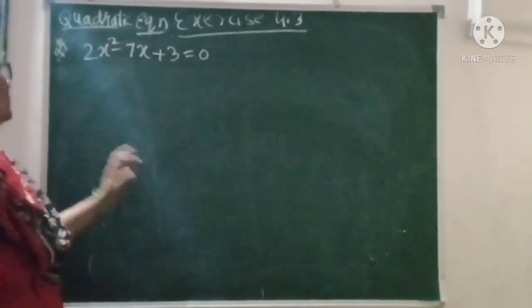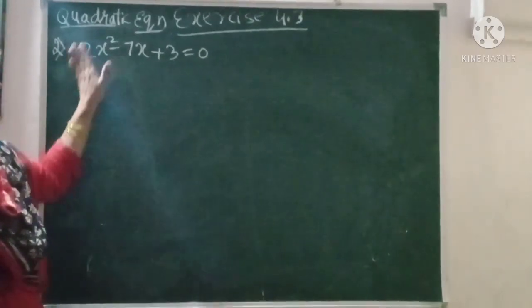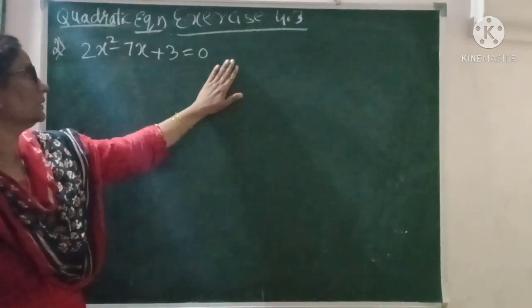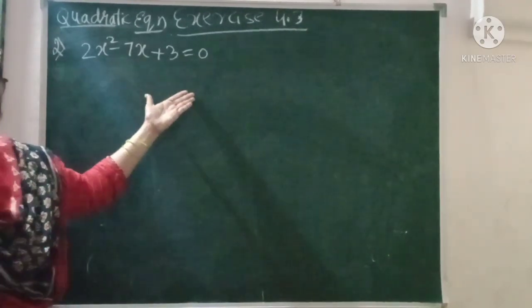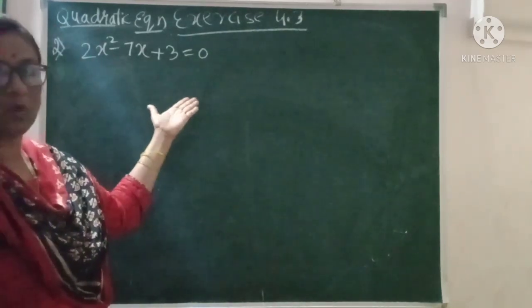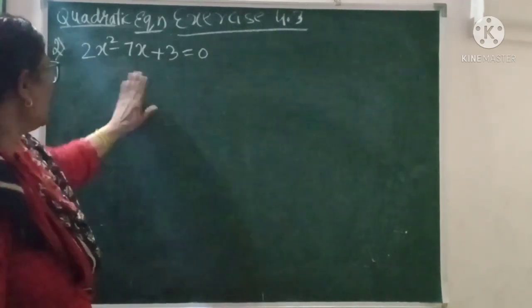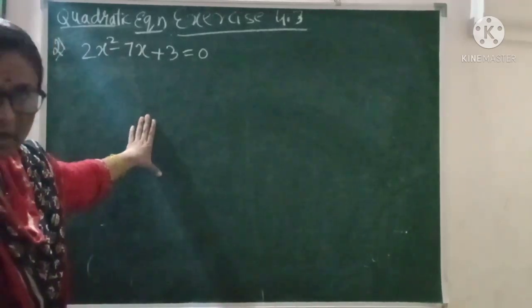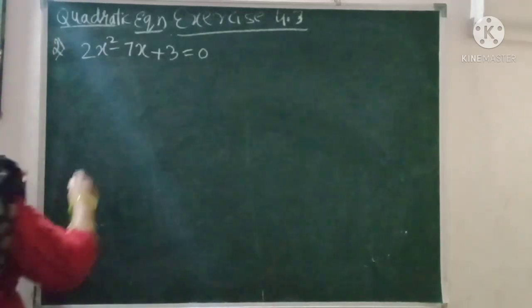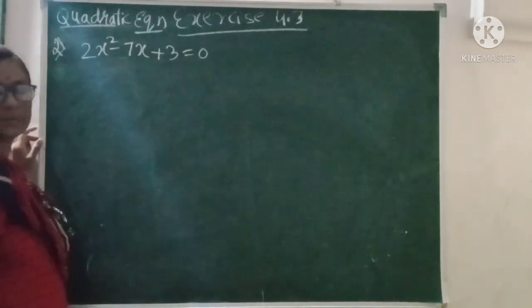Okay, now the second bit of this third exercise of quadratic equations is solving the first problem, the completing the square method problems, which are solved. The same problems you are solving by using what? The quadratic equation formula. So your question is something like this one: 2x square minus 7x plus 3.